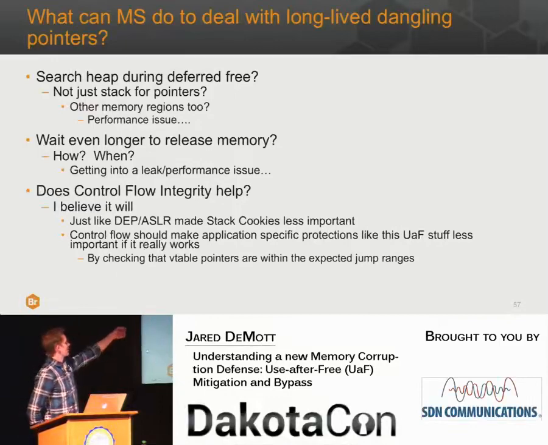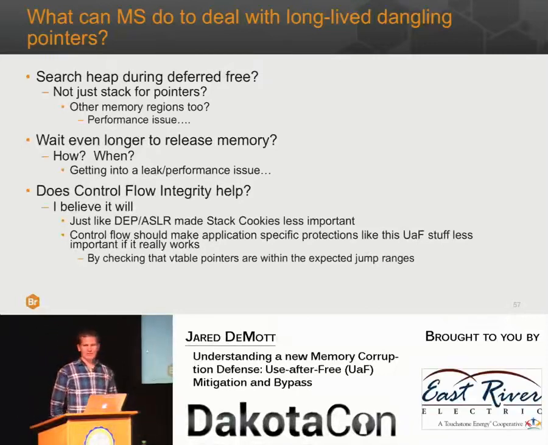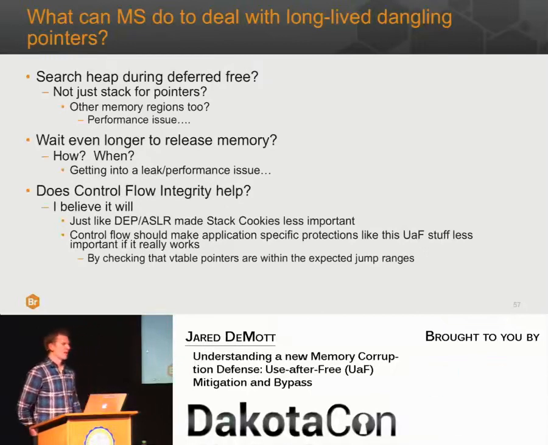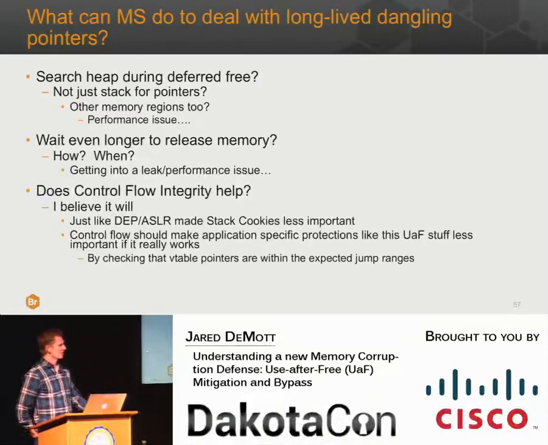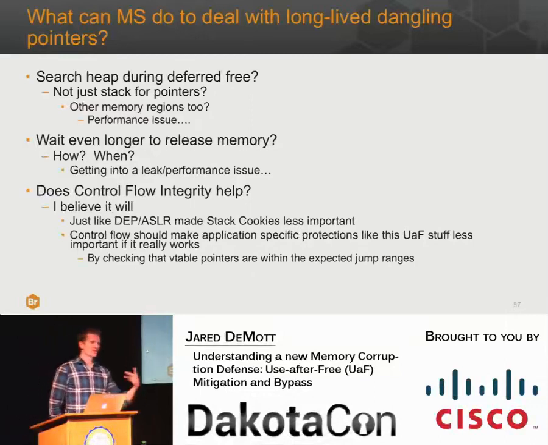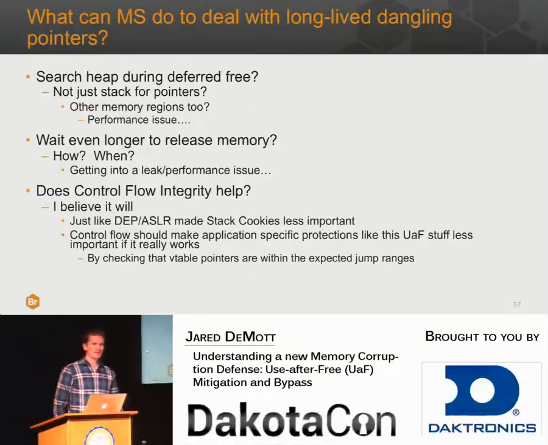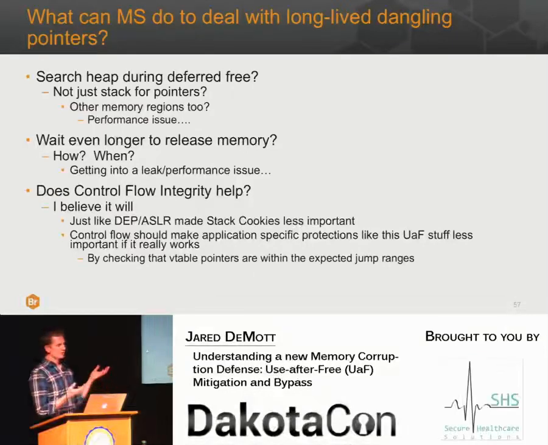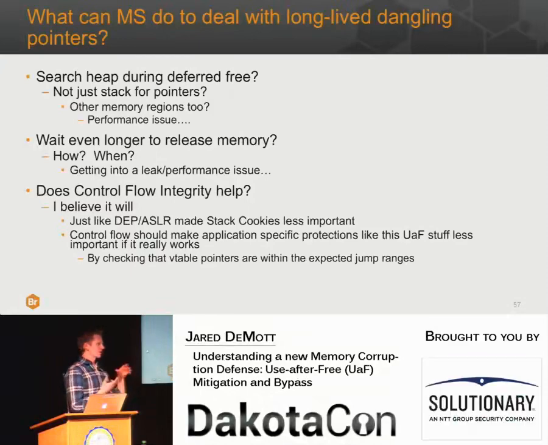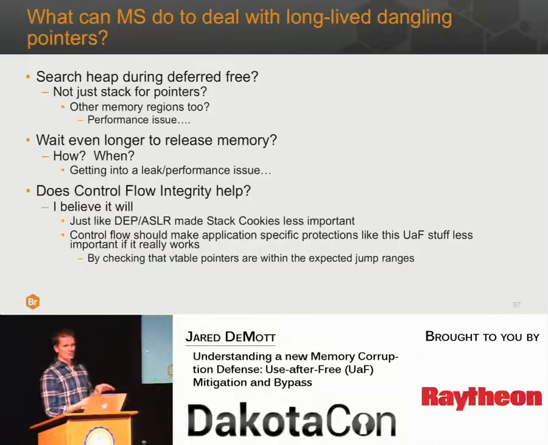So one of the things they can do, and I think I alluded to this at the beginning of the talk, is CFG, which is control flow guard, this idea of control flow integrity. And this is something you're seeing coming out in very modern compilers. Visual Studio 2015 has it. LLVM and Clang have it. So it's this idea of saying, if you're about to do an indirect call of any kind inside of a C++ object, so you're going to call a virtual function method from inside this object, you shouldn't be able to call just anywhere in the address space. You should be able to only call to these 3 or 4 pointers or whatever was valid inside of the